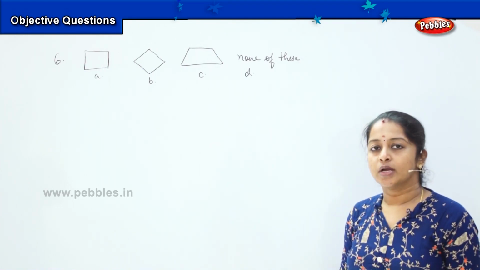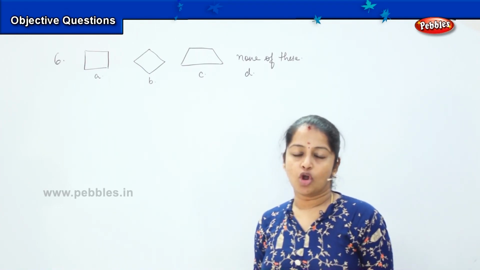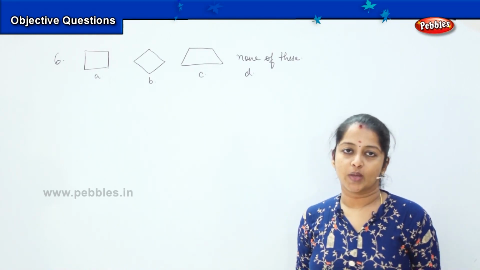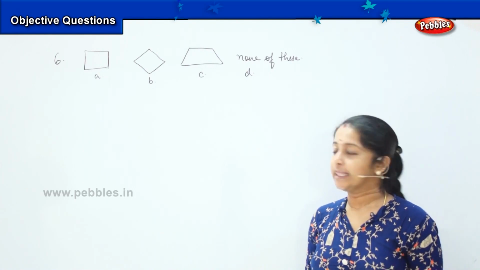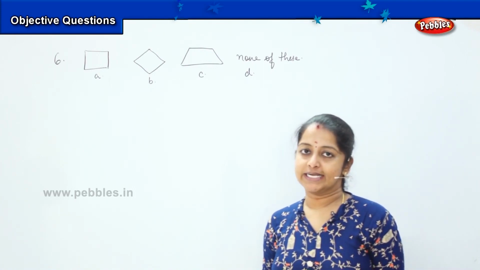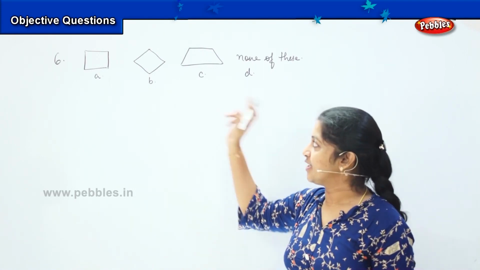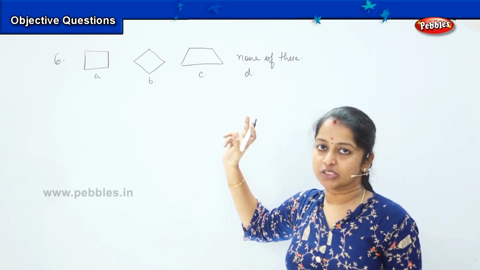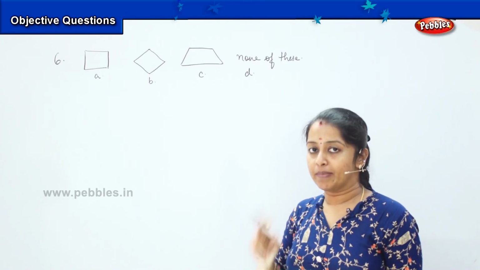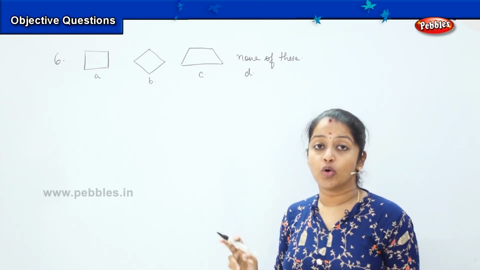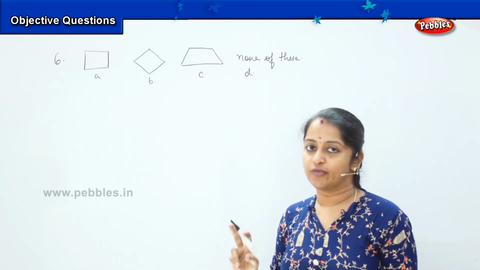Okay, so we will do a quick summary of the features of the square which we saw. What was the first point we saw? That there are 4 equal sides in a square. So we will try to see whether the given pictures have all 4 equal sides. Remember, I am talking about 4 equal sides, not 4 sides.